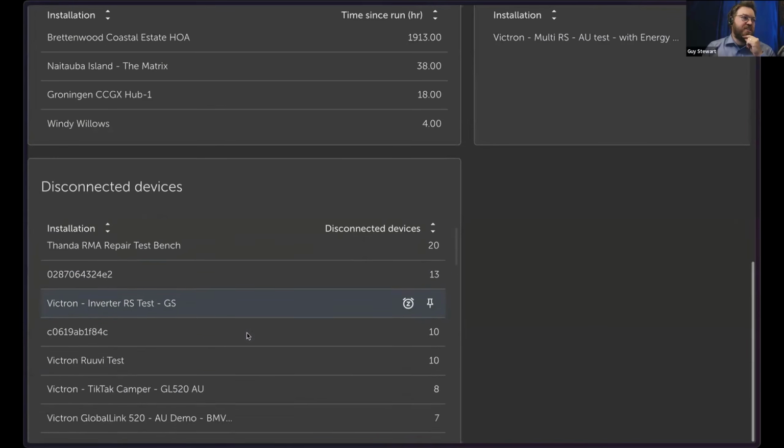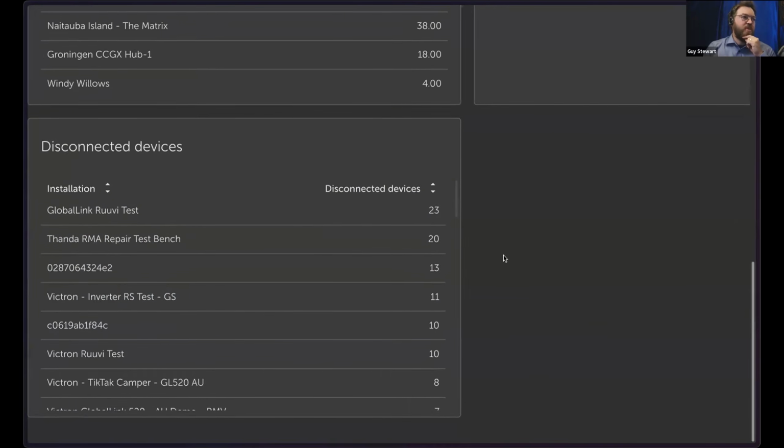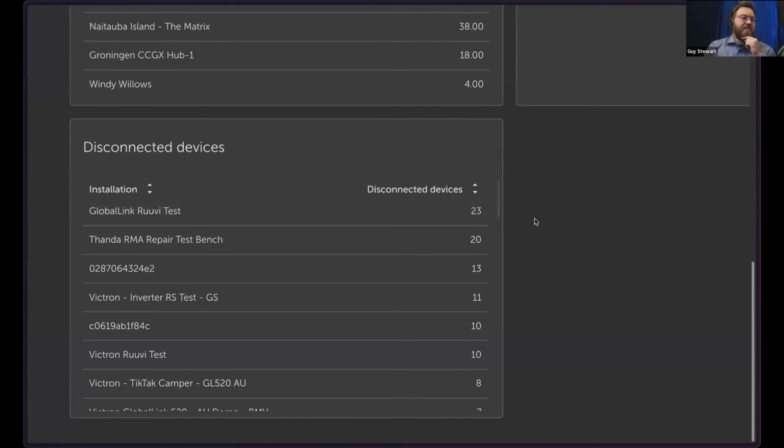Last one is disconnected devices. You may have seen this. This needs a bit of a cleanup. Basically, if the system no longer sees a Victron connected device that it had seen historically, then it'll realize that and pop it into this list. Now, a lot of the time that's normal. If something's been removed, you've uninstalled a MultiPlus or you've reinstalled an MPPT or something like that, you just need to clean it up afterwards. But sometimes it can indicate a part that's failed, especially with lots of MPPTs. So if you see a bunch of MPPTs appear here, maybe there's something wrong with its communications or something that needs to be investigated.